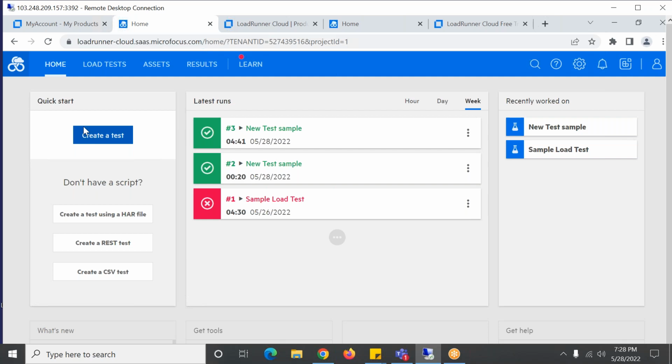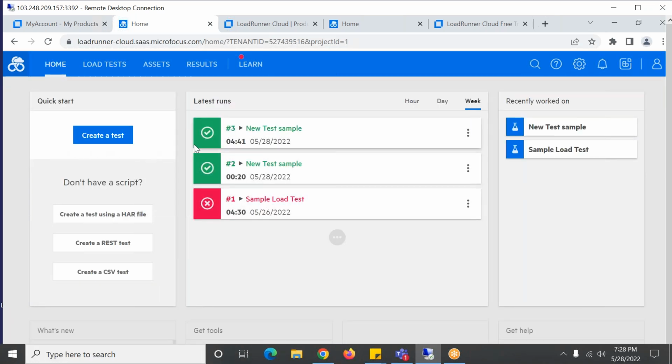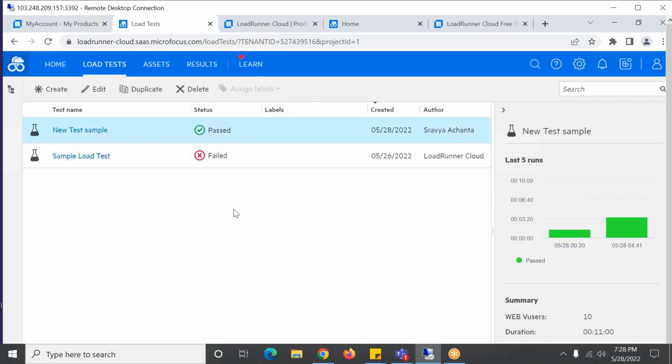Generally for HTML scripts, you use virtual user hours, whereas for JMeter scripts, you use different licenses, like developer users. And here on the home page, there is Load Tests, the tests which I have performed, and where I can create everything.